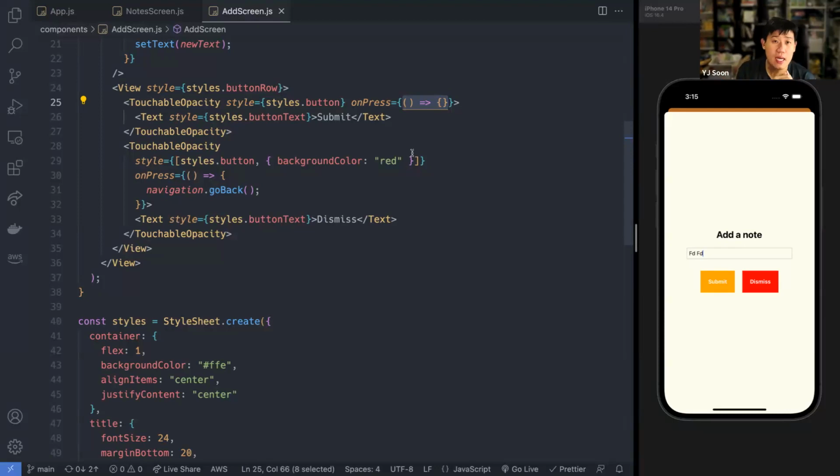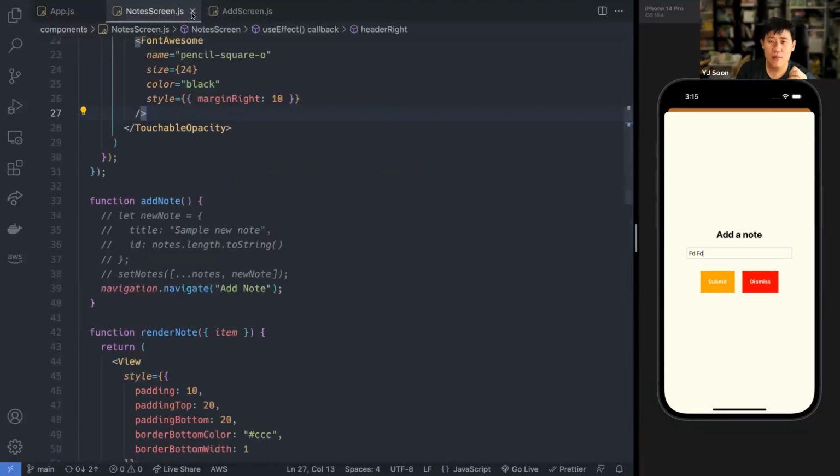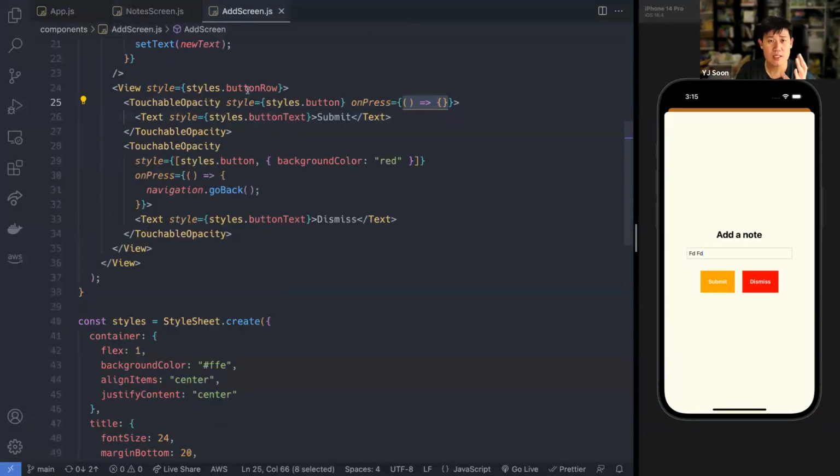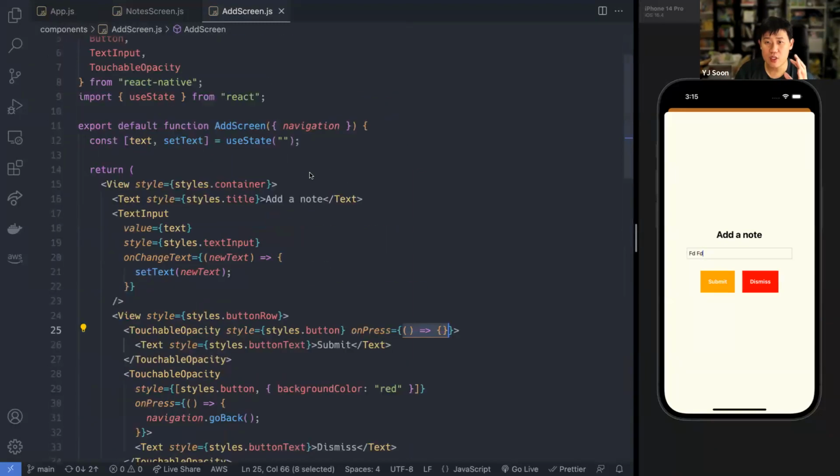But how will it find the route parameters? That is a bit strange, because you are not creating it. It doesn't actually receive it upon instantiation. Remember previously when we dealt with route parameters, you were creating a brand new screen when you did the details of the block RGB screen. You created it. That's why in the function definition over here, it receives a route prop, and then you can grab it from the route prop.